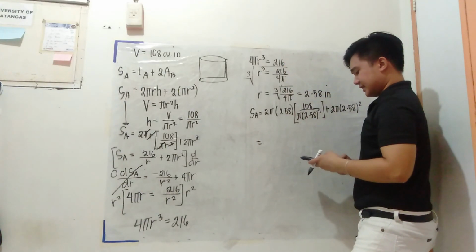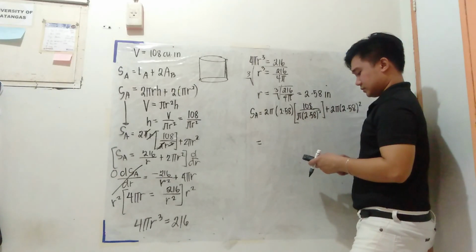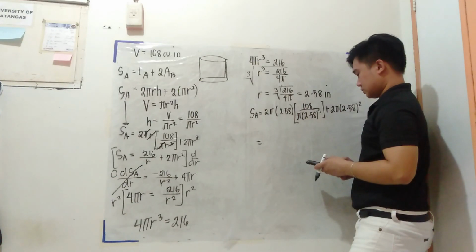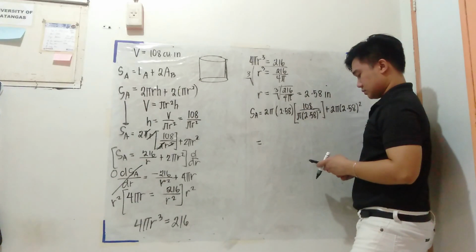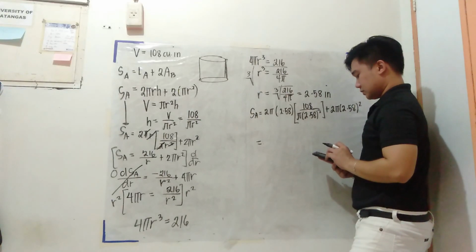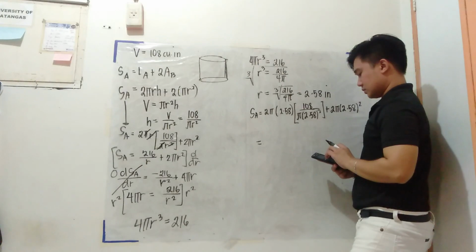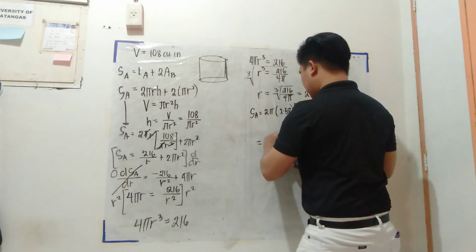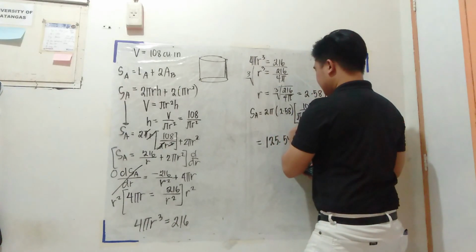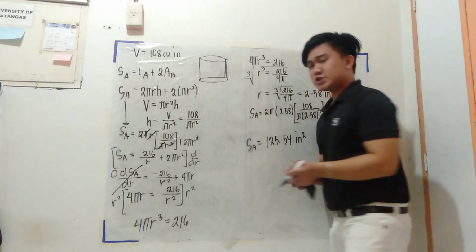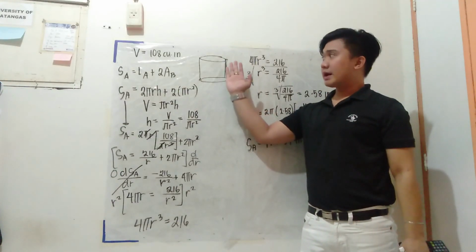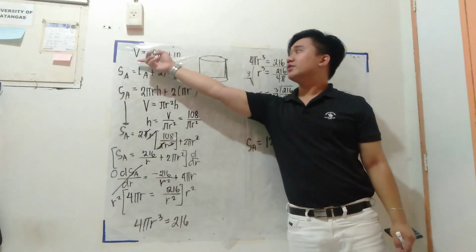So, pag kinompute natin yan, this is equal to 125.54 inches squared. So, yan yung need natin na surface area para makabuo ng isang cylinder na ang volume ay 100